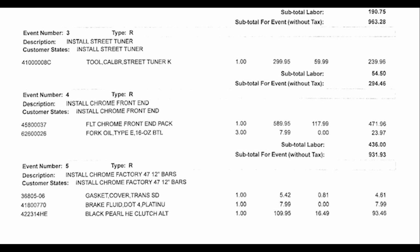The tuner, pretty straightforward. So that's $239.96, $54.50 for the labor. So you're a little under $300 for that, $294.46. The chrome front end, which I said Harley should do from the factory, is $471. So not a ton of money, but then the labor to do that, because it is so labor intensive, was